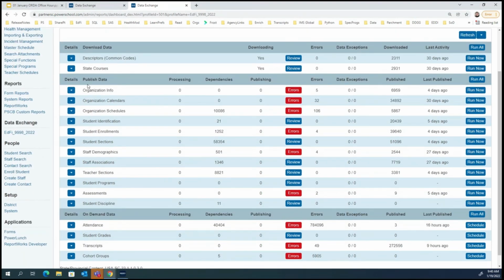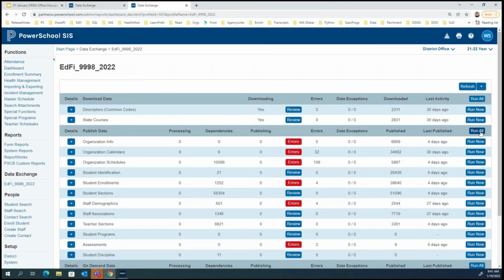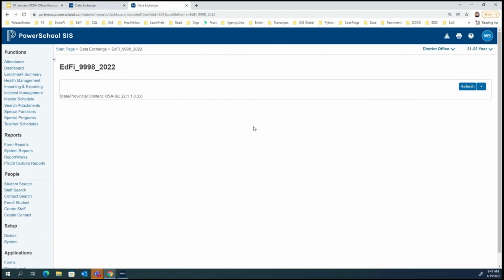And so for these categories for published data here, you can either click Run Now and just let them go in order, or if you prefer, you can go one at a time. And I think what we've done in the past, if we were working with the district, walking them through this during the day, just to be safe, we let them go one at a time, because we were afraid that if they click Run All in the middle of a school day, and things are taking a long time, we didn't want to bog things down in your system. But you could, if you were doing this on a Friday afternoon and you just wanted to hit Run All, that would be fine. You'll notice here that, and actually let me refresh this to see if these yeses go away here.